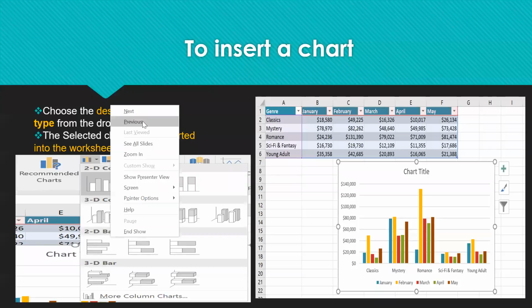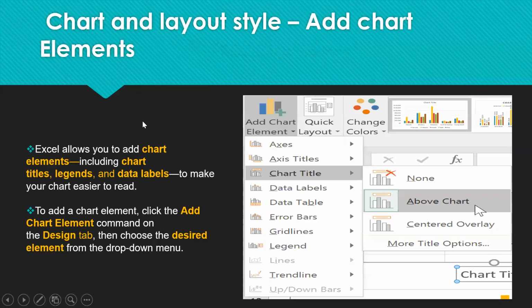So we learned how to insert a chart. Chart and layout style, add chart elements. Excel allows you to add chart elements, including chart titles, legends, data labels, to make the chart easier to read. We know what a chart title is, what a legend is, what a data label is.